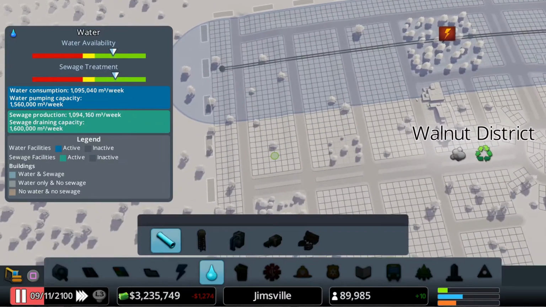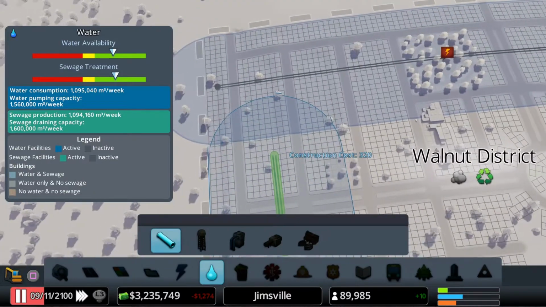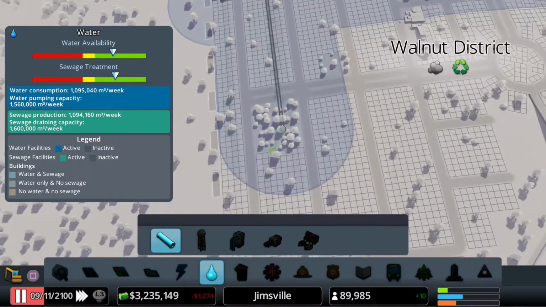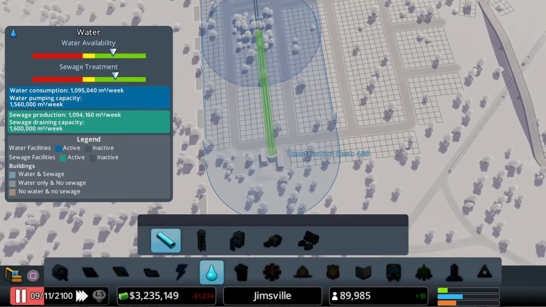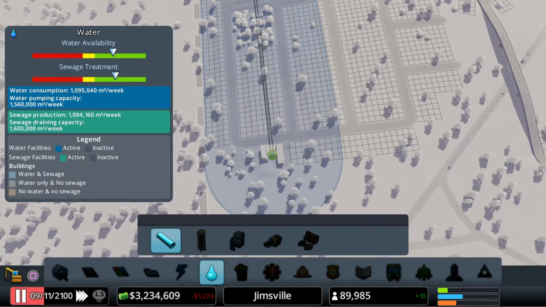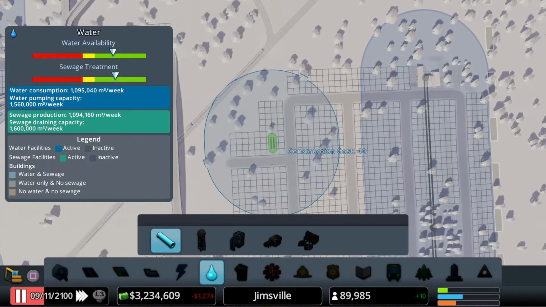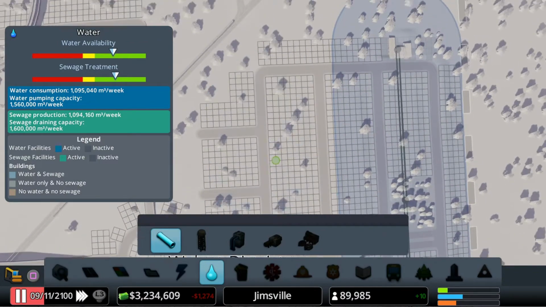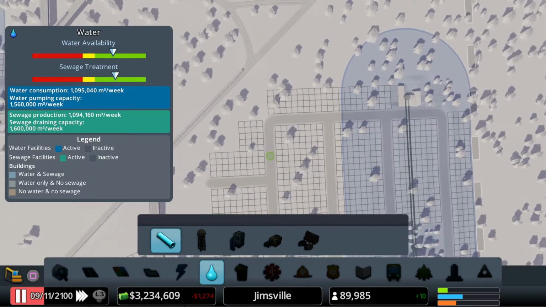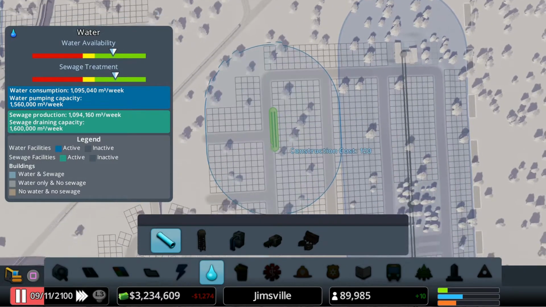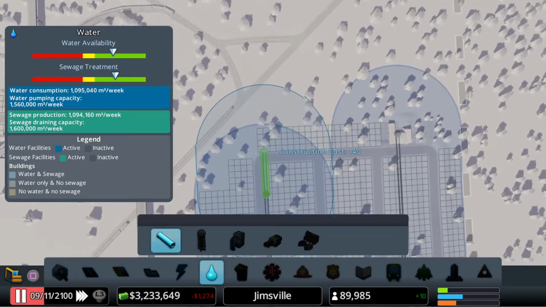And then I want a connection running along this edge as well. Like that. Bring that up to about there. Do the same over here. Bit of an overlap there. Let's pull it in, go across one more. Perfect. There we go. Just drive that down there and just push it up a little bit more.